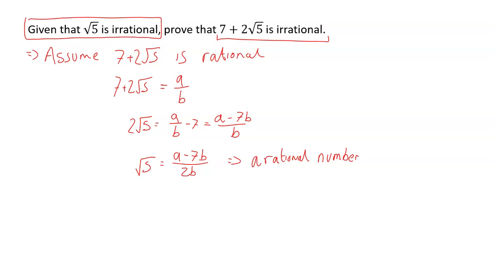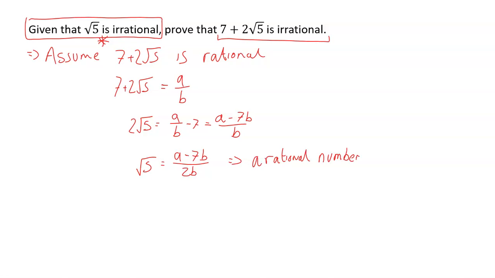So in this format, root 5 is a rational number. But hang on, back at the start, it tells me root 5 is irrational. And that doesn't make sense, because it's telling me that I have a rational and an irrational number both at the same time. Doesn't work that way. So what I've done is I've contradicted this contradiction that's here, and I can say fine,